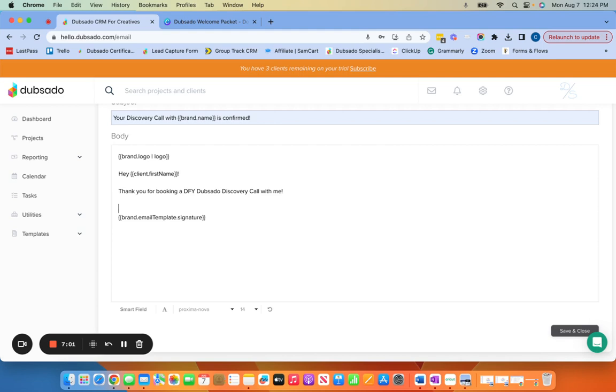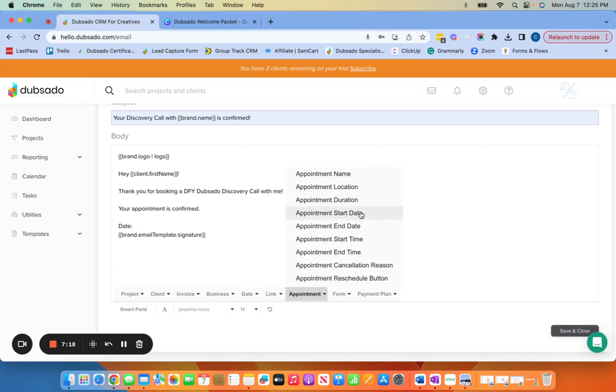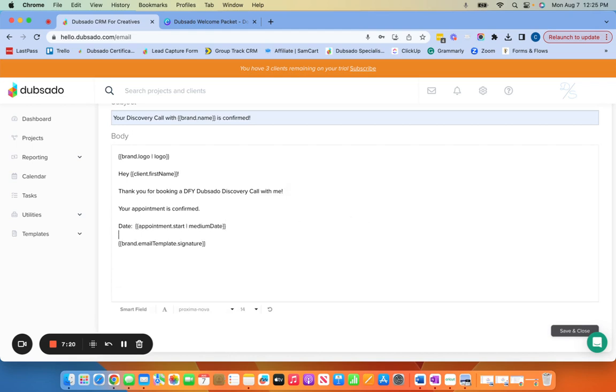But then since this is about an appointment, I want to be sure to include all the information about the appointment so that they have the information. So I'm going to go over here to appointment. Whoops, I'm going to type date. And then I'm going to go populate the date with the smart field. So smart field start date. Then I'm going to include the time. So smart field, appointment start time, and then I'm going to include the length so they know how long to